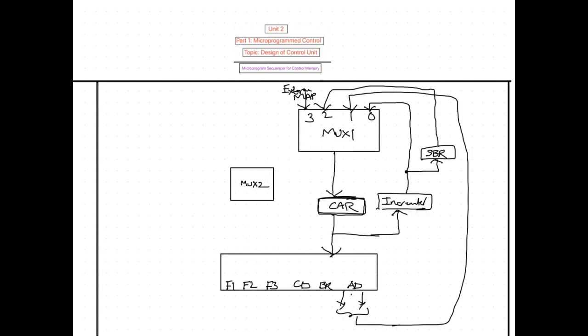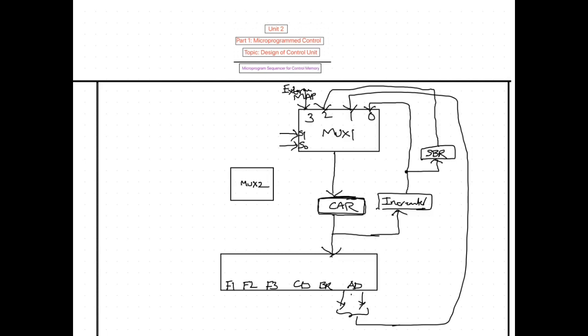Since there are 4 sources, how many selection variables are required? 2 selection variables are required, called S0 and S1. These S0 and S1 are the selection variables for MUX1, used to select one of the source addresses for CAR.